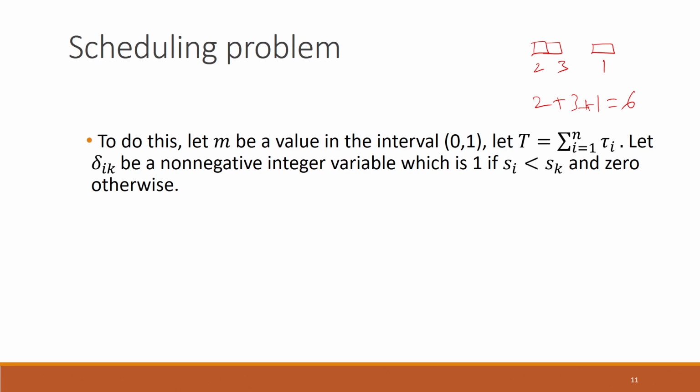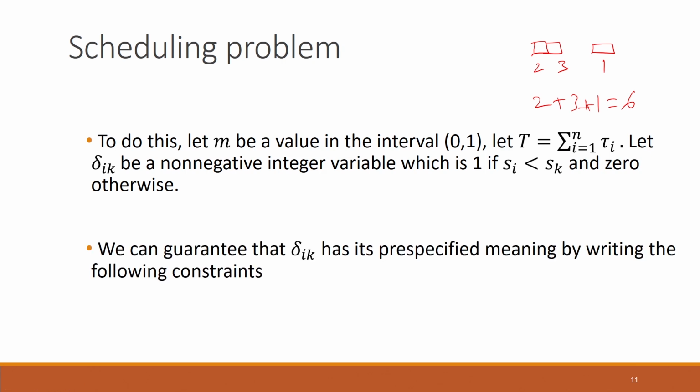Okay. So, capital T is equal to 6, and let us define another useful variable delta Ik, which is a non-negative integer variable which is equal to 1 if Si is less than Sk and 0 otherwise. Okay. So, we will be using this variable delta Ik in order to define this constraint that I had shown